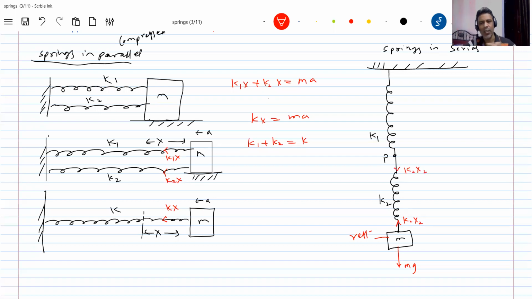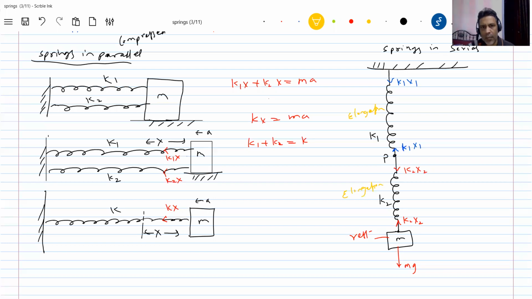When a spring is elongated, what you have to do is show forces acting towards the center of the spring. What is the state of the upper spring? It is also elongated. So how are the forces here? K1, X1. So what is that point P? It's like a joint. What is the state of both the springs? Both the springs got elongated.